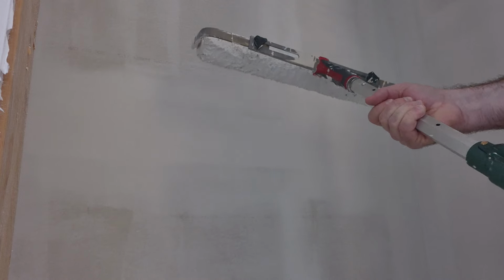Right, I'm just gonna paint this closet. So first I'm starting with the primer, the drywall compound's all dry. I just took my